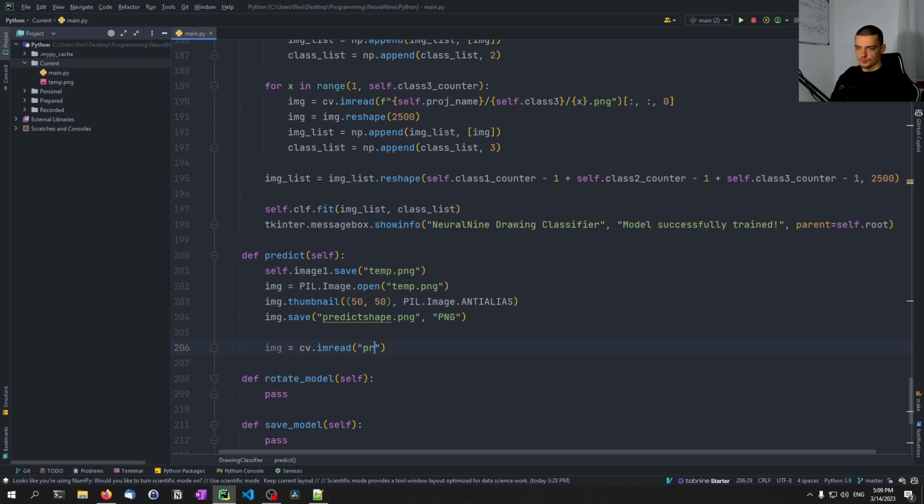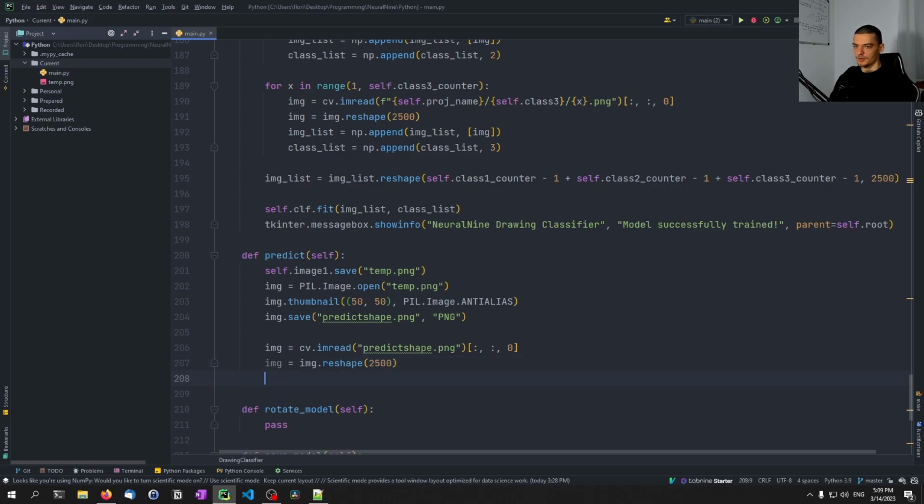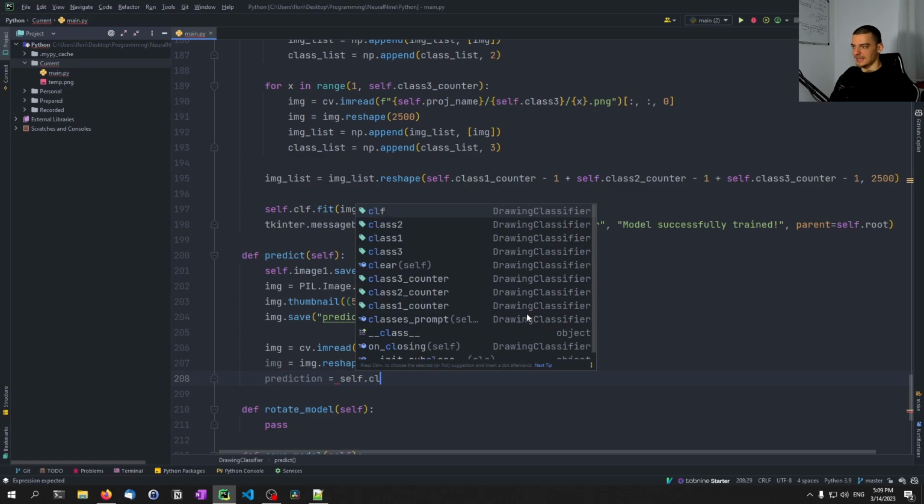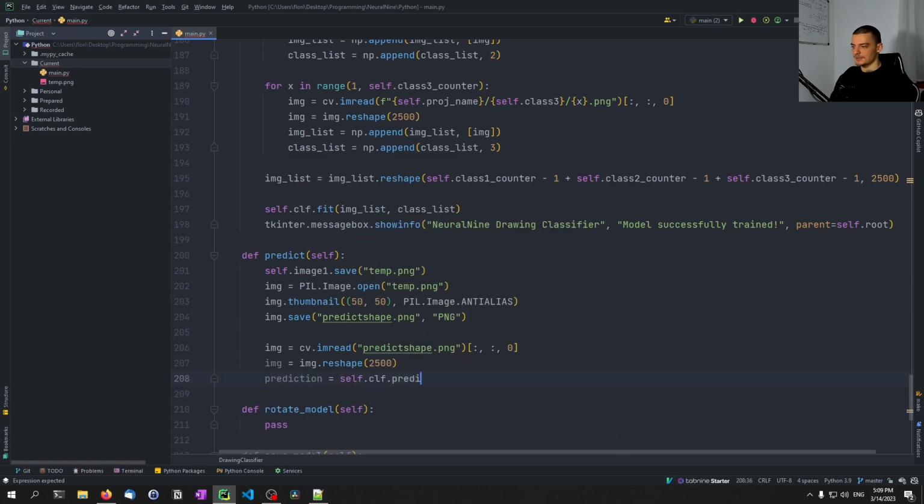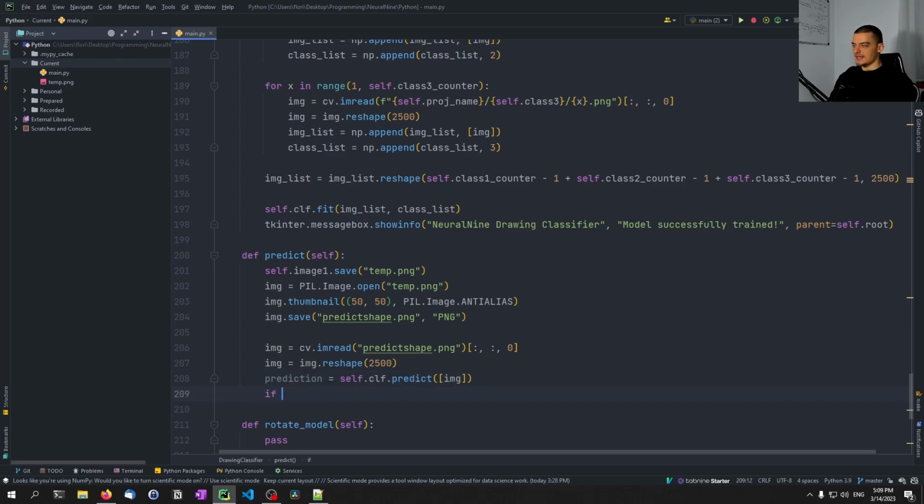So we're going to read this predict_shape.png file now. We're going to get, again, only the channel that we're interested in. And then we're going to reshape it to 2500 again. And then we're going to say the prediction for that respective image is self.classifier.predict the image. And then we want to say if the prediction index 0 is equal to 1,